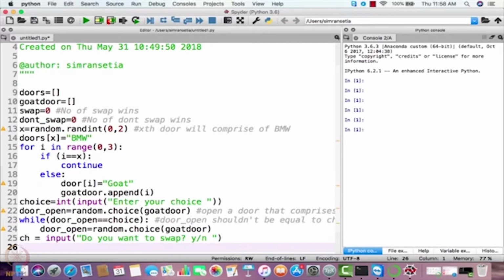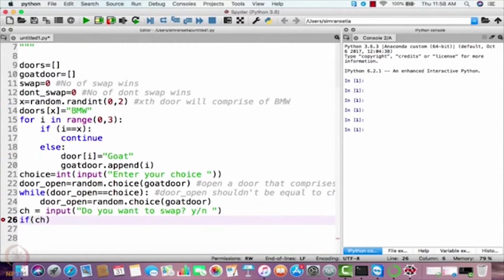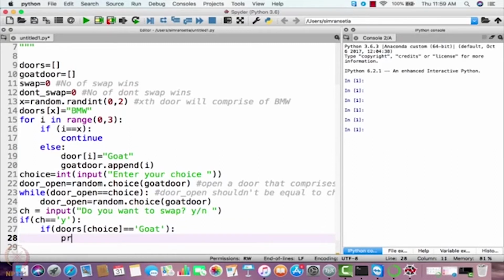After that, you have to apply an if condition here. So just write if ch, if the choice made by the participant is yes, then it will be Y. Then what you have to do here is, if door's choice is equal to goat, that means he made a choice of a door that comprised of goat at the initial stage, then he'll win here.